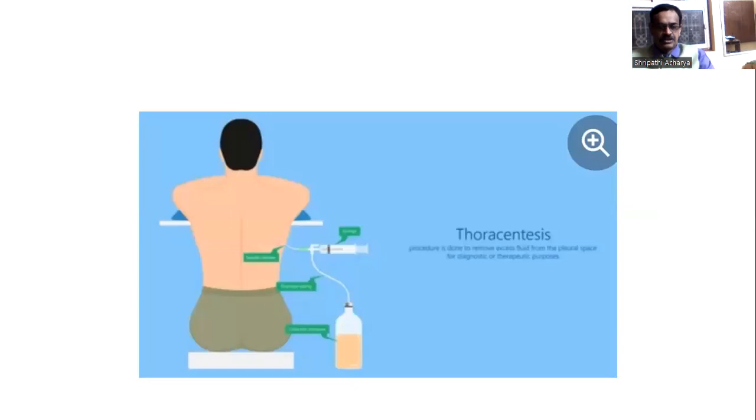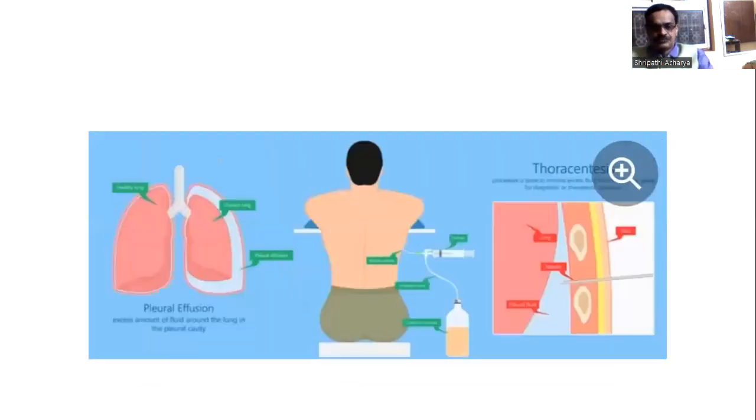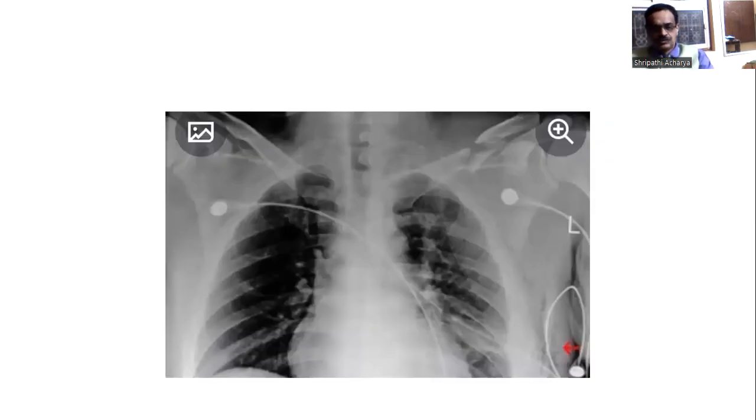Here you see the position of the patient when thoracentesis is done. This is how it is done. You can see on the left side there is a hydrothorax, a pleural effusion, and the position of the patient and tapping. The patient with this X-ray, you can see the